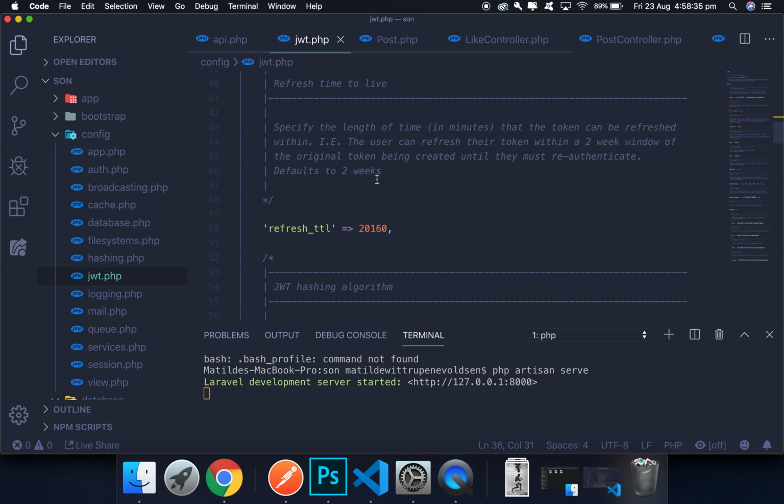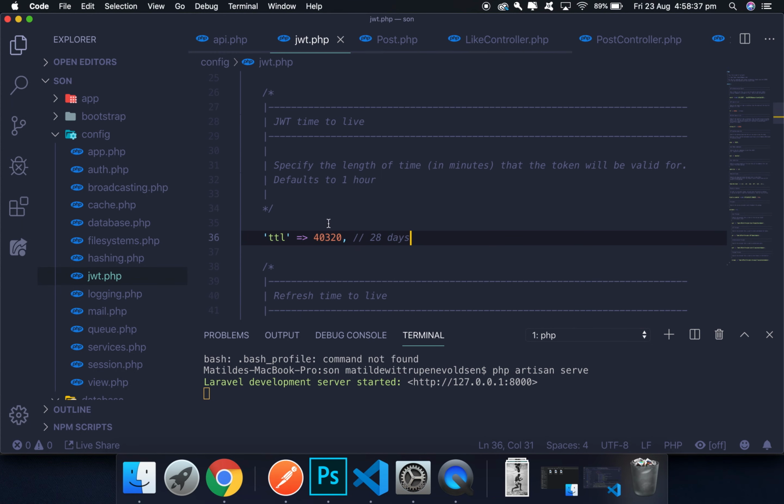And then you can basically just go in and it will refresh and make the token invalid after 40,320 minutes. So you can always go in and change this. This is in minutes, so that's important to remember. You can't just put hours behind or something like that. You need to convert it into minutes, and you can basically just go on Google and then just say something like 20